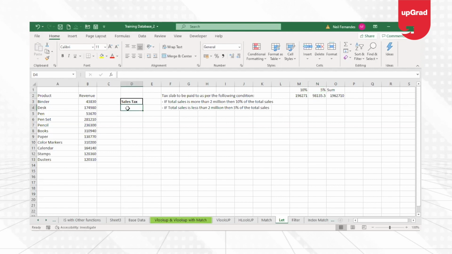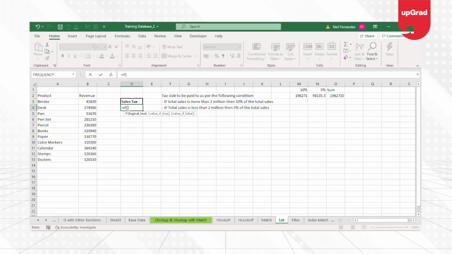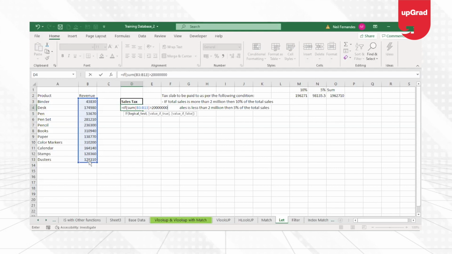Anyway, let's first start with our normal calculation without the LET function. I will use the IF function, and in the logical test, I will check if the sum of the revenue, which is this, is greater than 2 million. If yes, which is value if true, I'm just going to check the numbers, 1, 2, 3.